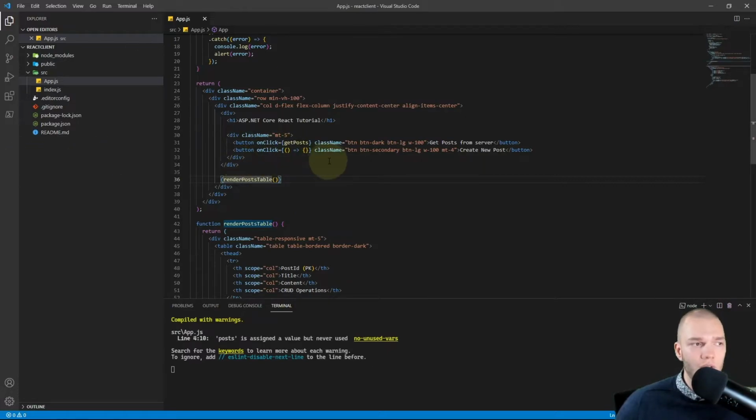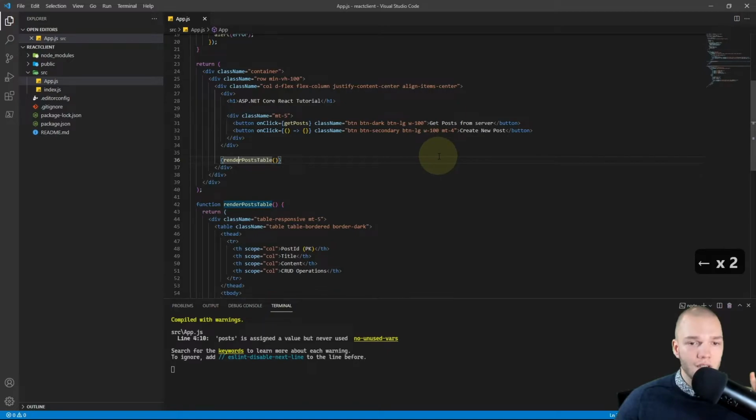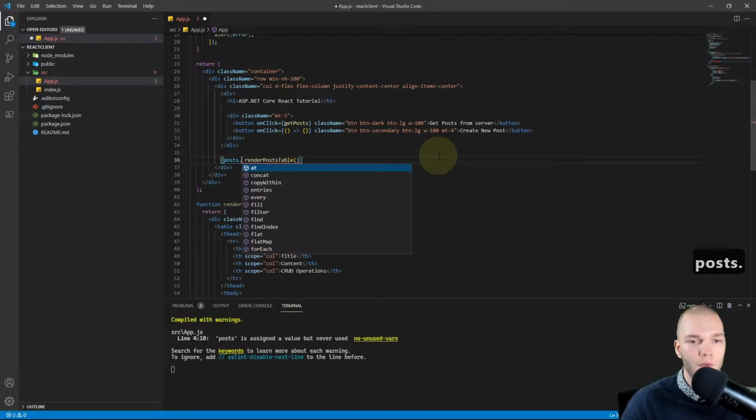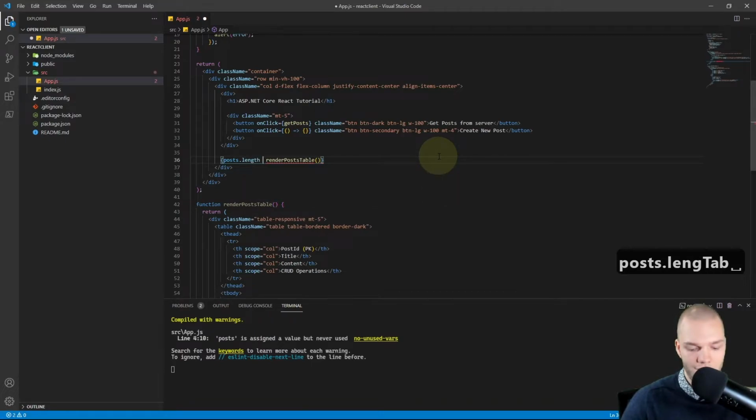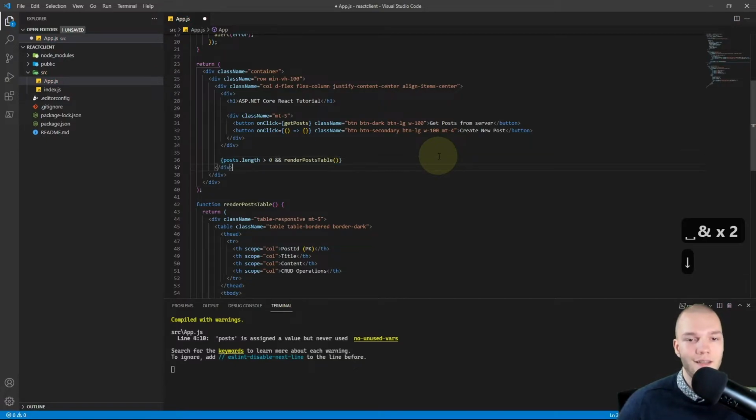And that will only execute the statement to the right of it if the condition to the left of it evaluates to true. But I'll just show you. So I want to check if the posts.length is greater than 0. And the logical AND operator is this, so &&. So if this is true, render the posts table, else basically do nothing.